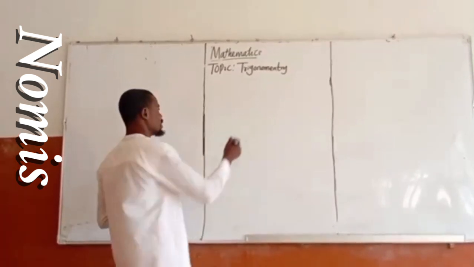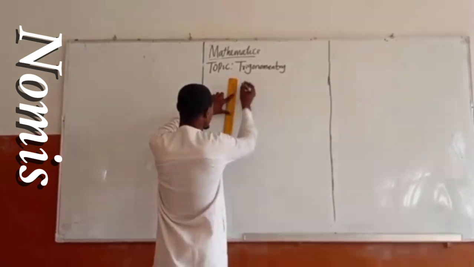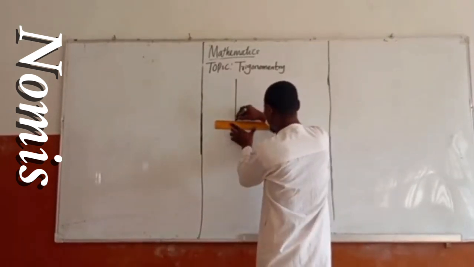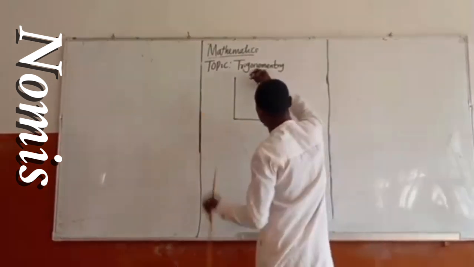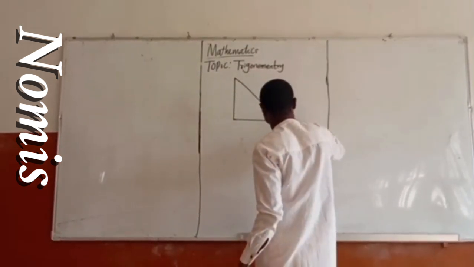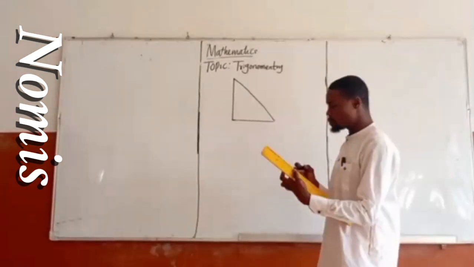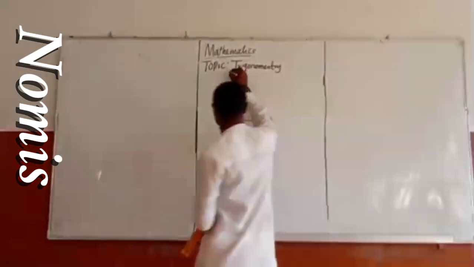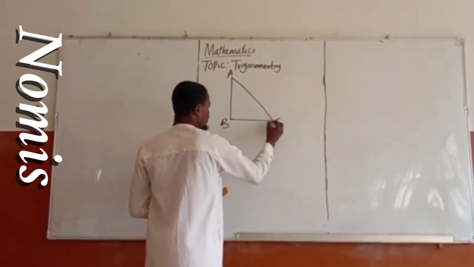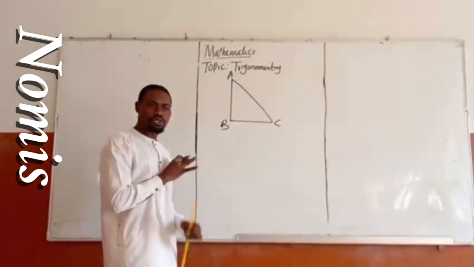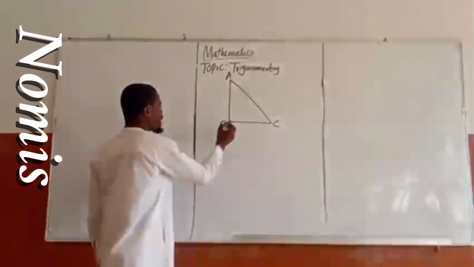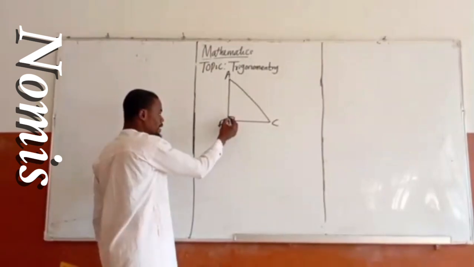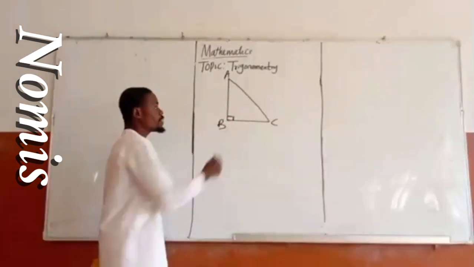For example, let me give you a very simple illustration of what I'm saying. Assuming we have a right angle triangle like this. I already know the longest side to be the hypotenuse. Let's say here is my A, here is my B, and here is my C. I know the hypotenuse is already shown, especially when this sign is involved here, where this perpendicular sign faces is the hypotenuse. Which means here is my